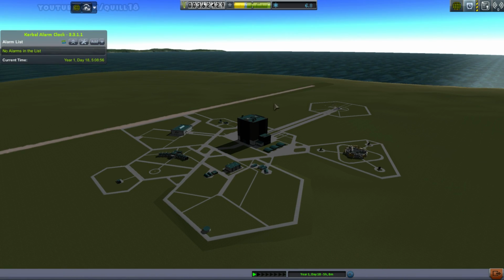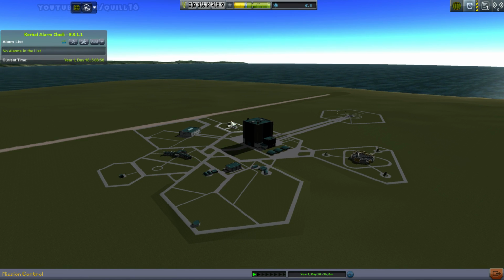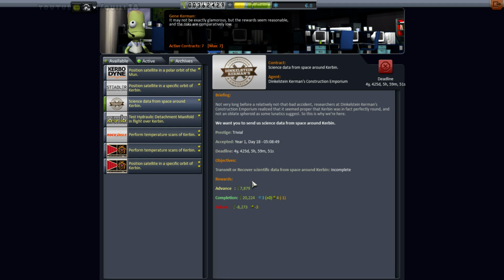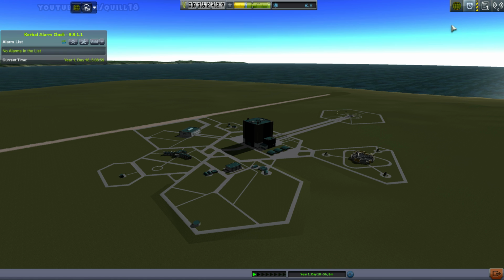Last episode, we successfully got a satellite in orbit, which is awesome, and we're going to try a little bit more of that. We've got a quest to do a satellite in polar orbit of Moon, which I would very much like. We also got a quest here to transmit science from space around Kerbin. Now, in theory, what that means is...